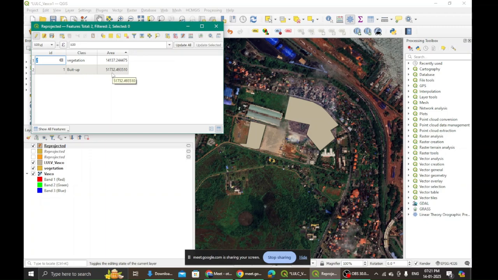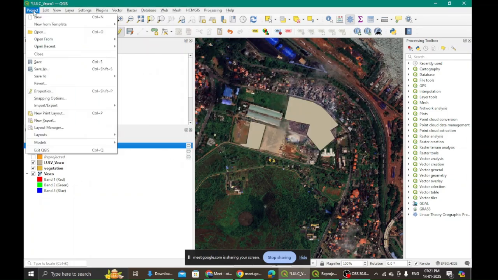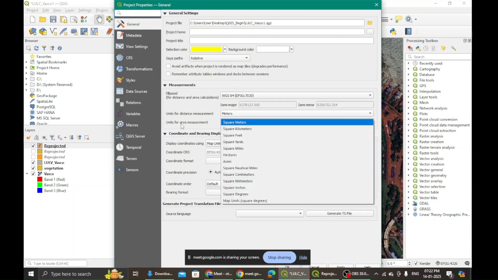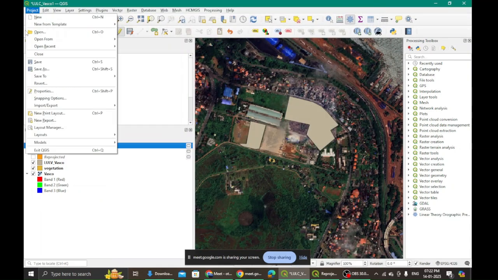Drop me a Y if you have done this, if you could get area. Now this area is in meter square. How do we know this? We can come to this project, go to properties. Yes, I will repeat. Pay attention to what I am doing right now. So I go to project. How do I know what that number is? I go to properties under layer and I see that the units of area measurement that I will get are in square meters, and distance will be measured in meters. This is true for all UTM unless you change it over here.